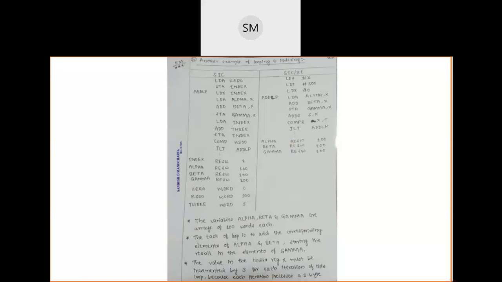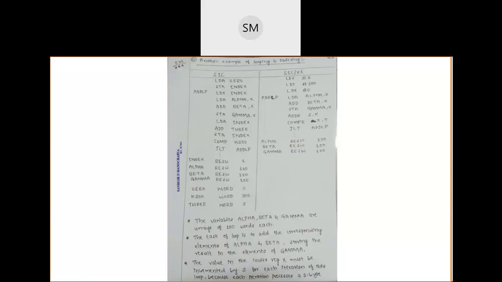Remember, every array contains 100 words. 100 words means how many bytes? 300 bytes. Alpha contains 300 bytes, beta contains 300 bytes, gamma contains 300 bytes. Or you can say alpha contains 100 words, beta contains 100 words, gamma contains 100 words.